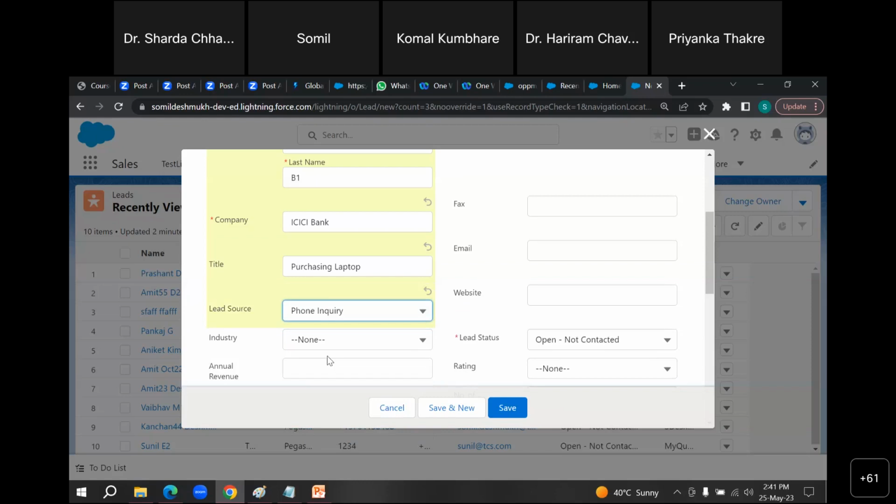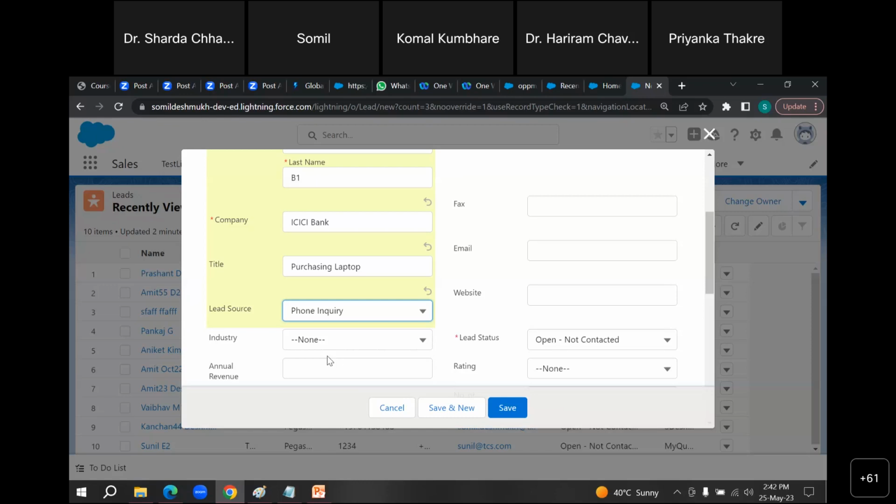Then his industry. See, when we are adding company information, as much information as we can add, it would be very easy for us to do business with that company, because it is not only for this product. For future also we want to do business with that company.